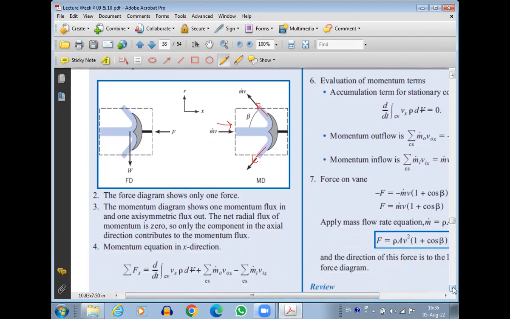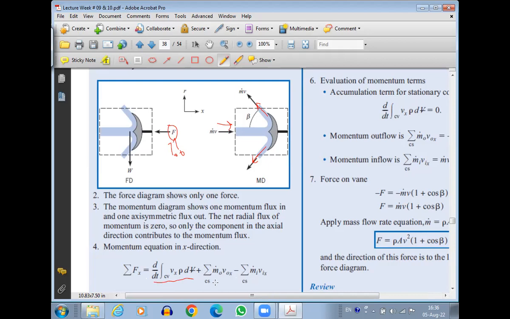So first of all, we are going to have the equation, because we need to find this force. And this force is very clear: it will be there only in the x direction. So if we make the x component of the equation, that would be enough to find this force. The x component of the momentum equation will be: summation Fx equals the momentum accumulation term plus